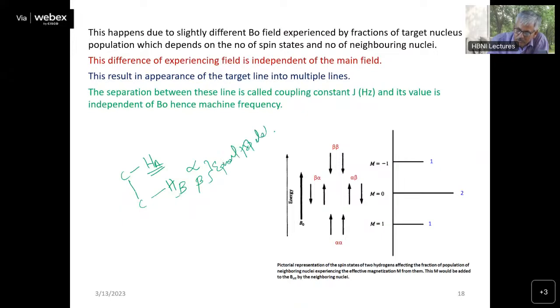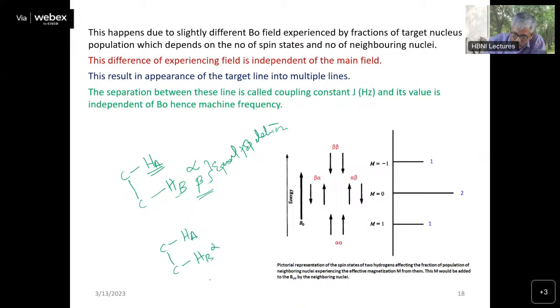So you may say that they are equal, yes, they are almost equal. Okay, I will not say so, because there will be a slight excess of alpha. That's why you are able to see NMR. But for coupling, we can consider they are equal. So what it will see is that HA will see